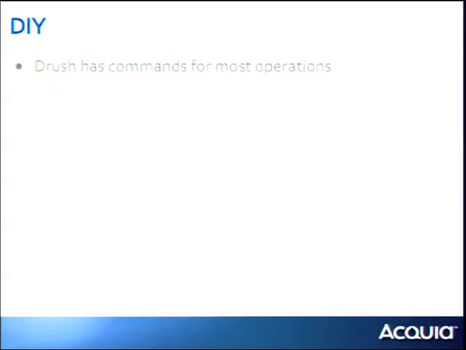Drush has commands, actually, that automate almost all of these steps. Obviously, the Drupal developers have encountered all of these things before. So you can deploy your code with Drush. It has a handy-dandy rsync command. So you make the tag, right? Use git tag or svn copy or whatever system you're using, and then Drush rsync, and it copies your code